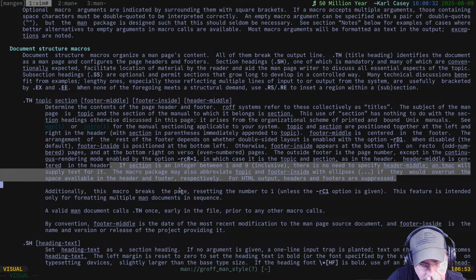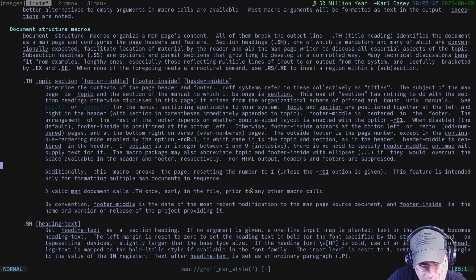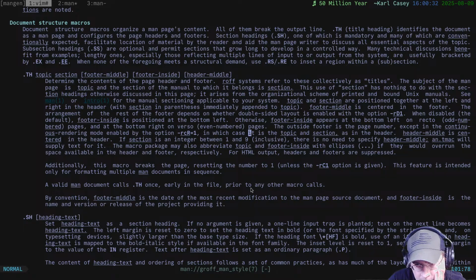Additionally, this macro breaks the page. So this is mostly if you're actually printing things. If section is an integer between 1 and 9, there's no need to specify header middle. The an.tmac macro package will supply it, but we can, I think,